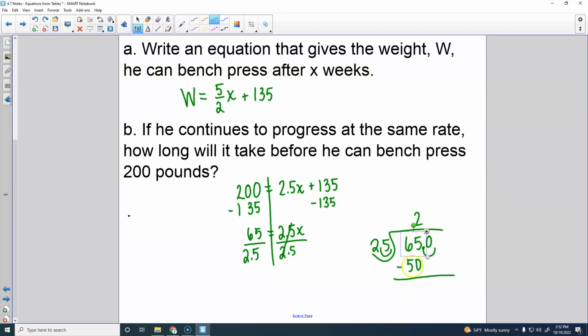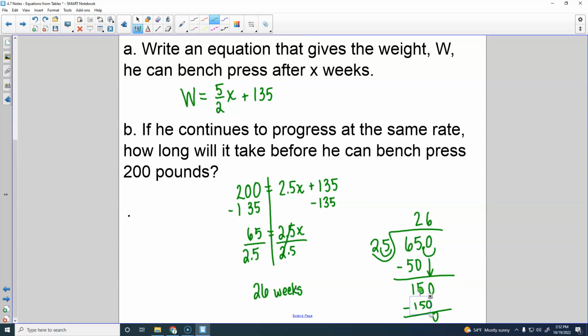We would subtract. We'll get 15. We will bring down that 0. How many times does 25 go into 150? 6. 6 times 25 would be 150. So you wouldn't have any more remainder. So it'd be 26. So 26 weeks, which is exactly half a year,